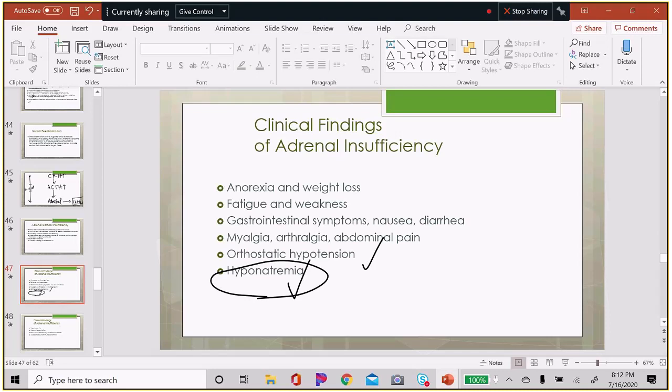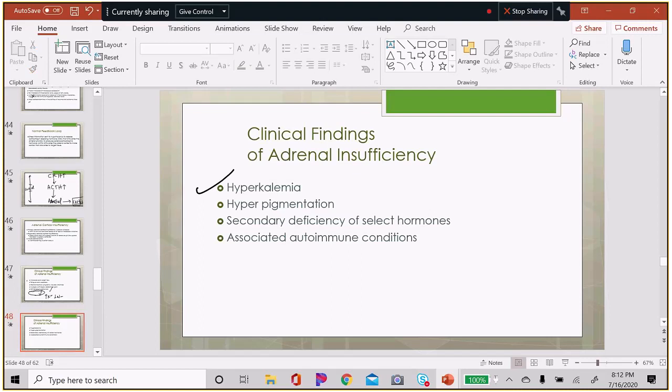and aldosterone. And aldosterone is supposed to save water and sodium and get rid of potassium. So if we don't have a functioning adrenal gland and are not able to release the appropriate amount of aldosterone, then we can expect a potential increase in potassium and a decrease in sodium because of the aldosterone. So here's our hyperkalemia that we would expect. We should expect a deficiency of some of the androgens, and hyperpigmentation, which means darkening of the skin or the